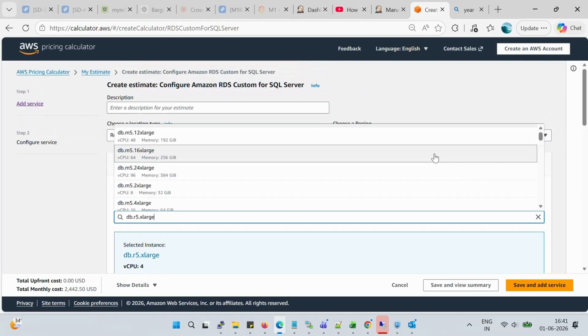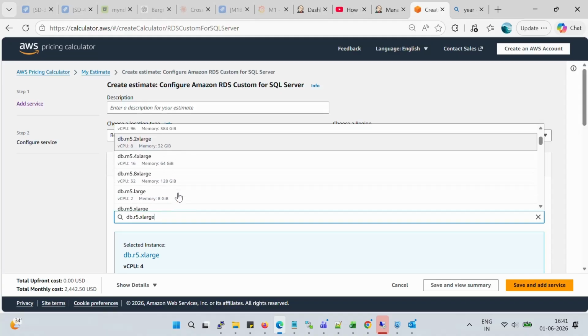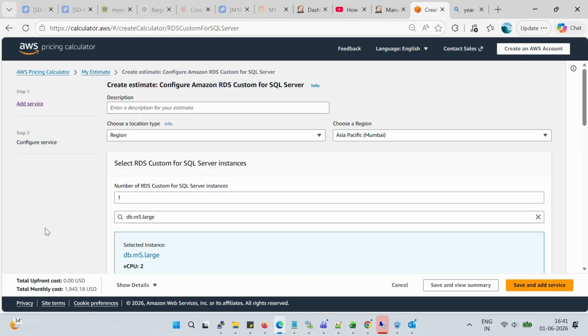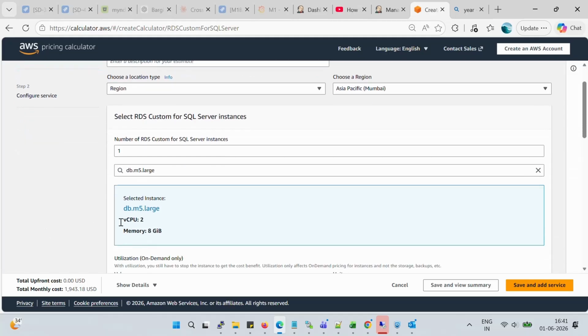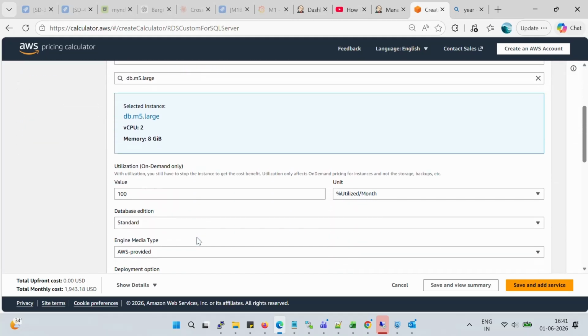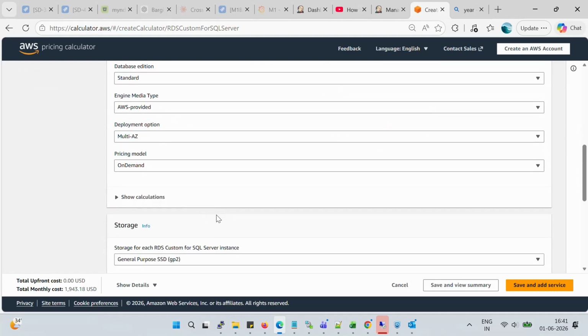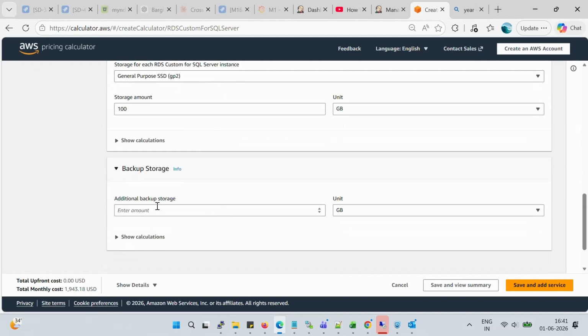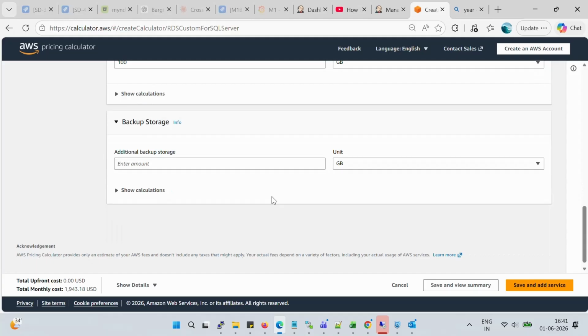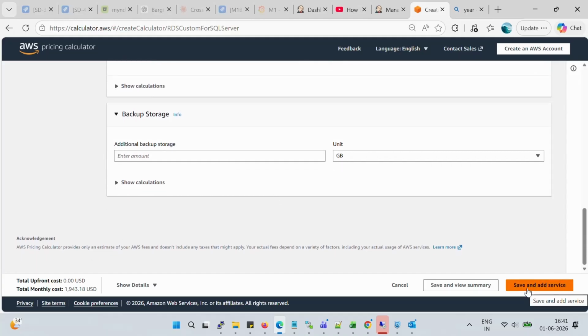So if you choose here, you can customize the option. What is the other option that is coming? If I choose 8 core 32 GB, or for testing purposes I choose 2 CPU and 8 GB memory, what is the cost that is coming? So the cost is coming